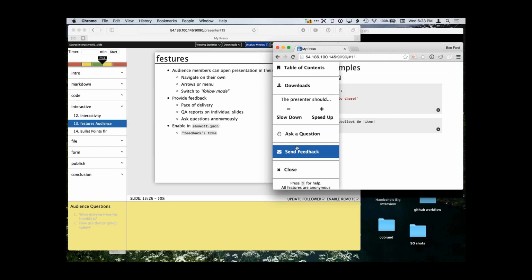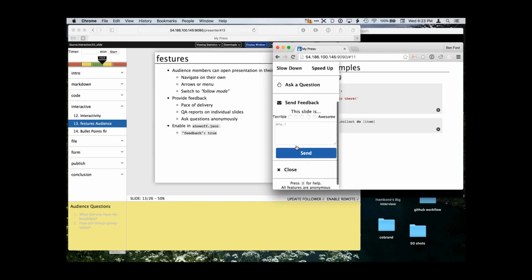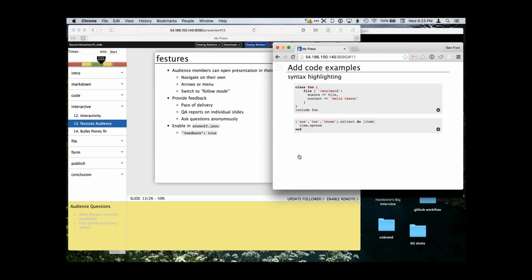I can also send feedback on this particular slide. And I'm going to say that slide is terrible because you don't even know how to spell features. Now, this doesn't show up anywhere on the presenter.